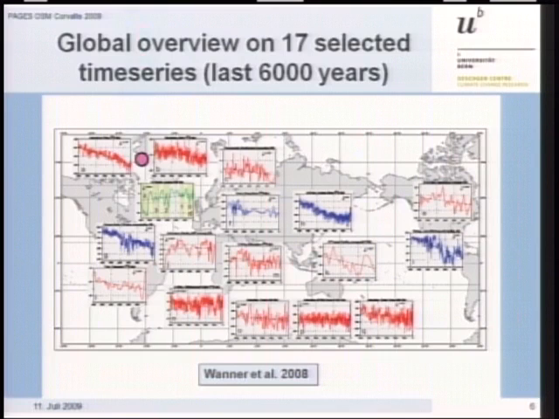We can just start in the northern hemisphere. As we have seen before, there was a strong decrease of the orbital forcing in summer, and we can see that in several data sets based on delta 18O or even on pollen, we can see the decrease of temperature in the far northern hemisphere. If you are looking at the